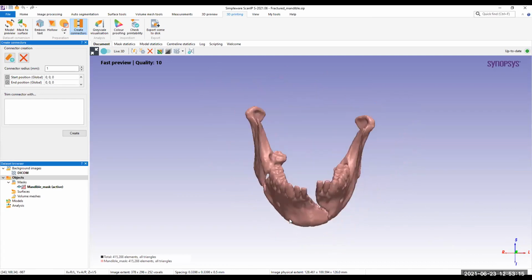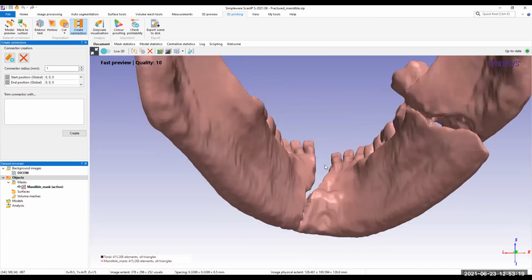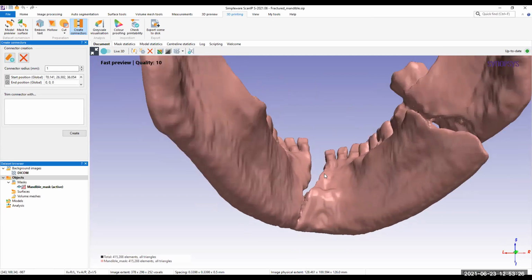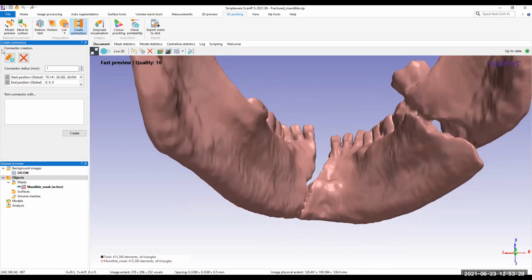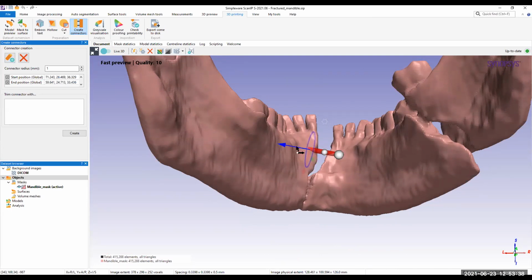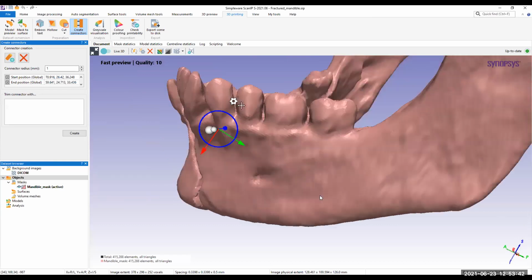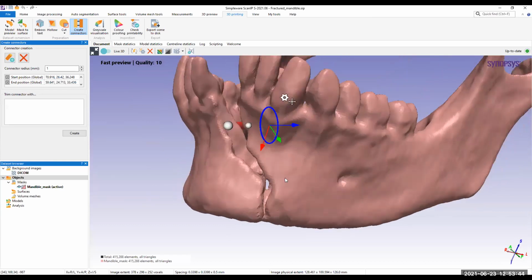So I can change the view. So one connector has been created there.